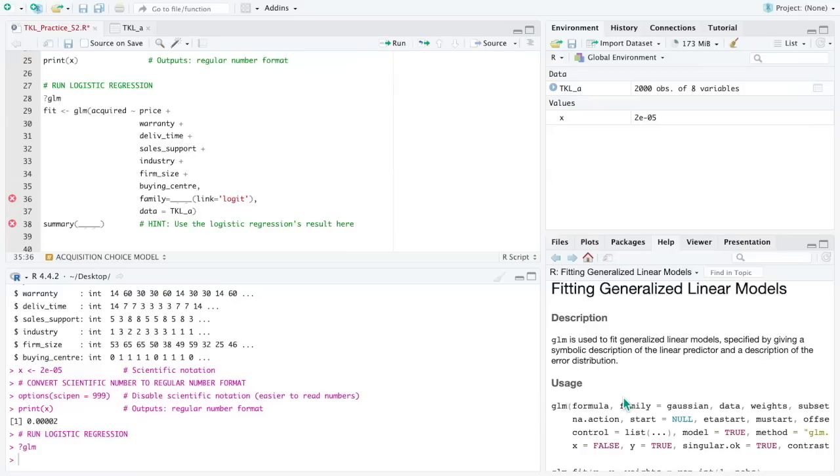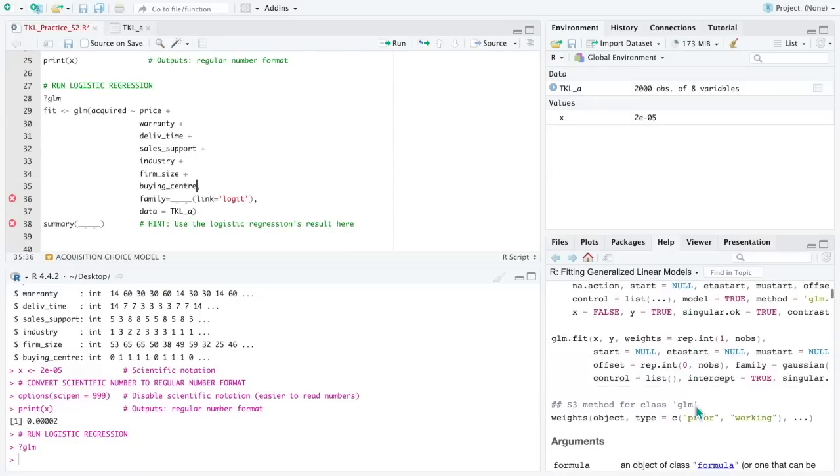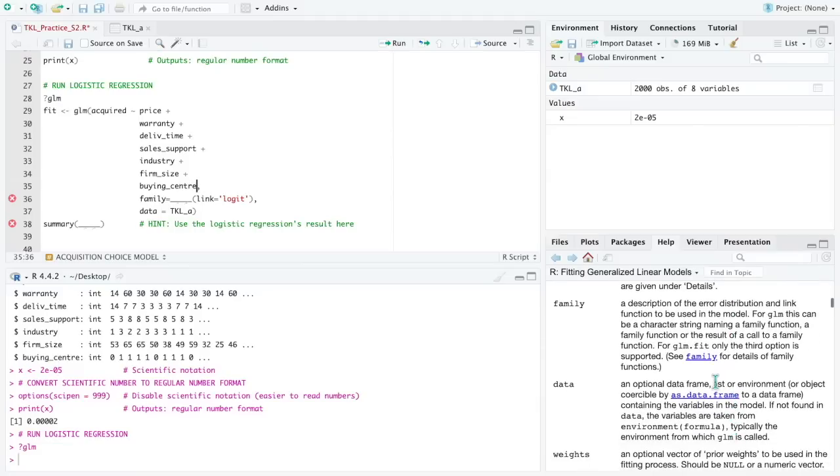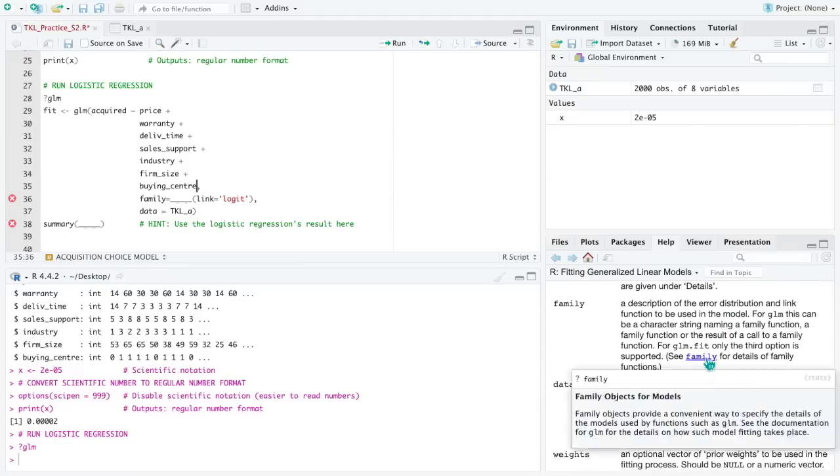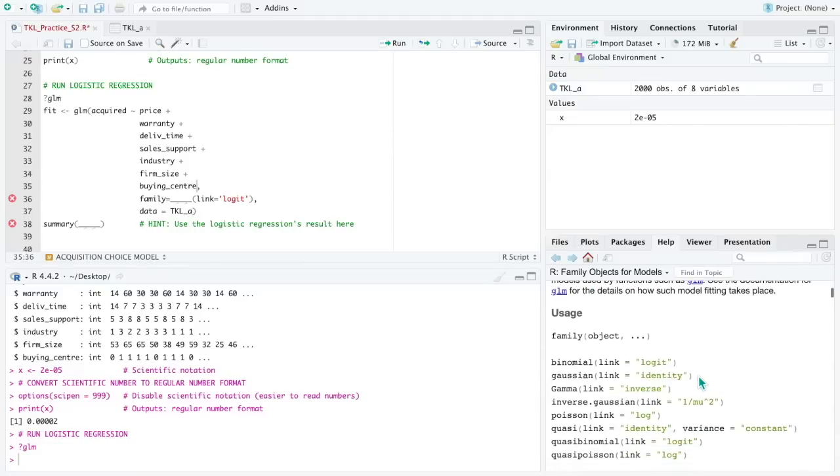GLM is used for several generalized linear models. So we can check what could be the family for this type of function. The one we would like to use is the binomial here, with the link equal to logit. So we should specify it should be binomial,